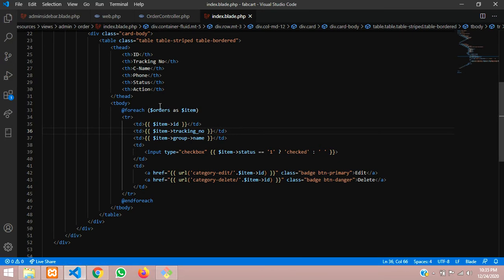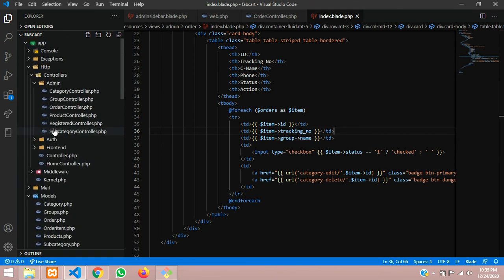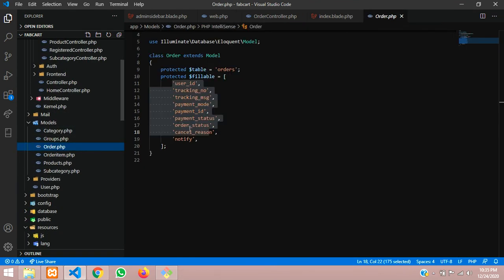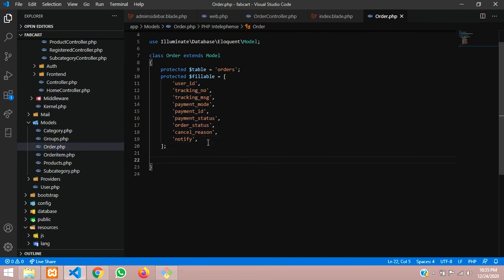Customer name next. That customer name we will get by using a relationship. So let us go to the order model. Where is it? Okay, it's here. So we are on the order.php model. Let's create a function. We will use the belongsTo function, a public users function, and in that function, return $this->belongsTo, where you are going to call the User model. So User::class,